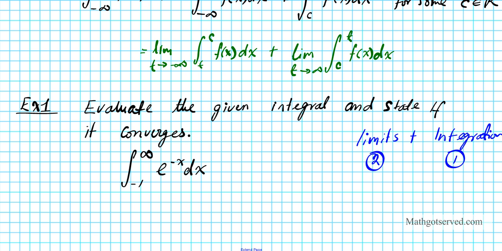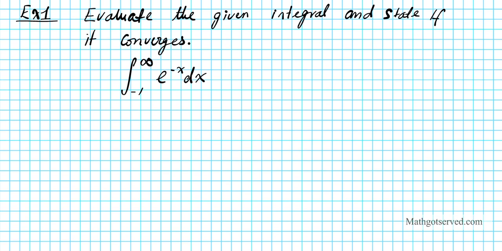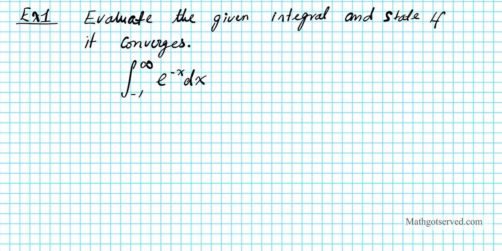Okay. All right. So what we're going to do first is focus on applying the formula for finding improper integrals. Remember, this is improper again because one of the limits you can only approach, you cannot get there, which is infinity. So we're going to be using case number 1. So this can be written as the limit as t approaches infinity, because that's what the problem is, of the integral from -1 to t of e to the negative x